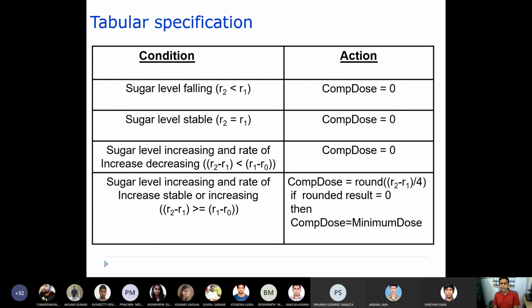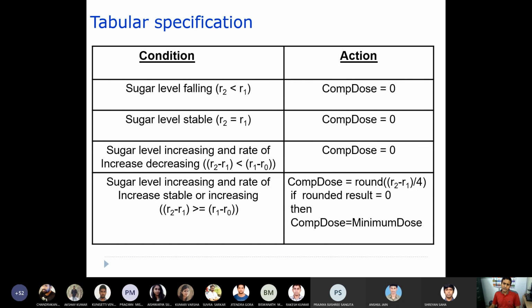For this case you need to have three samples: the previous two samples as well as the current sample. The current sample is R2, and R1 and R0 are the previous two samples. So you can see R2 minus R1, the current sample minus the previous sample. Similarly, you take the difference R1 minus R0.